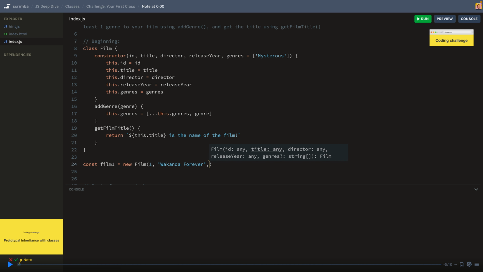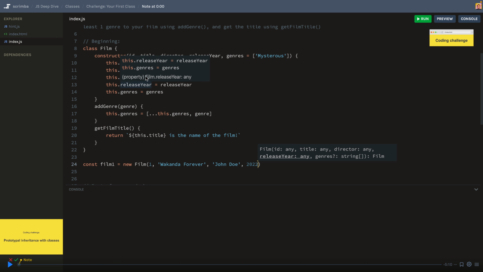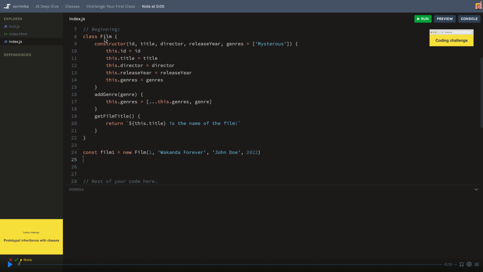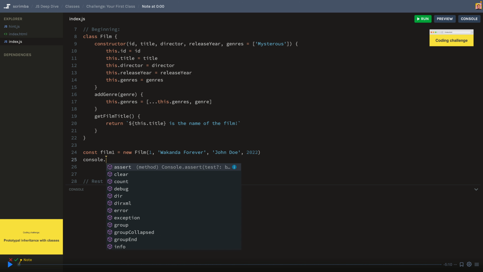Okay, so the director. I have no idea who the director of Wakanda Forever is, so we're just going to say John Doe directed the film. The release year is 2022. And then for the genres, we don't have to put anything because it already has its default parameter if we don't provide it. So we just created an instance of the film class. This is going to be an object called film1. And if we log it out,